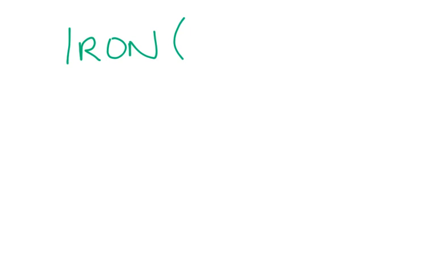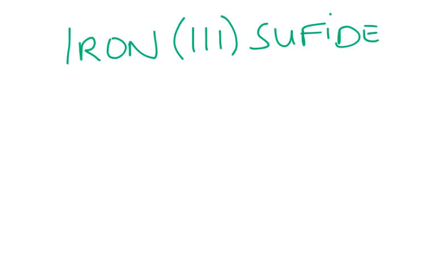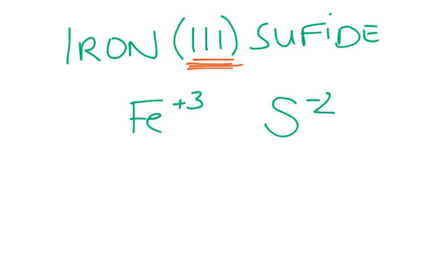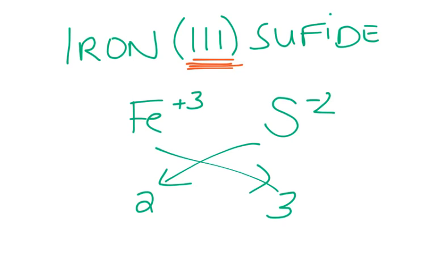If I give you iron 3 sulfide, we know iron, yes, I just wrote IR. Sorry about that. Okay, we know iron is a +3. We know sulfur's a -2. How did I know iron's a +3? That Roman numeral told me. So I draw my arrows, put my 2 down there, put my 3 down there, do my little circles, and